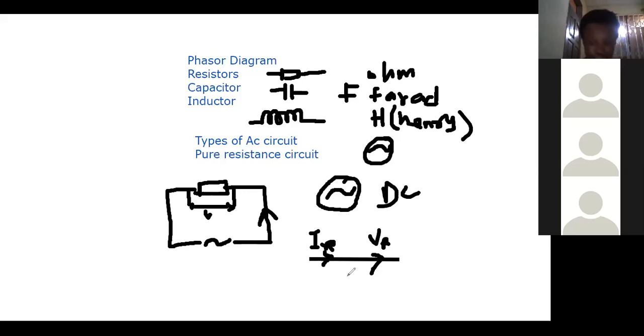Because of that, there's no phase angle. There's a symbol for the phase angle. Here the phase angle between them is 0, because they are all in the same phase, or in the same line. And so as a result, it is 0. Now we can relate the resistance using the root mean square. We can relate the resistance to be equal to R is equal to V RMS